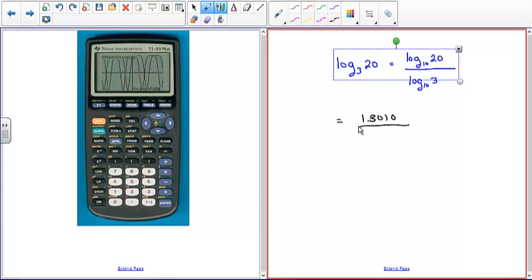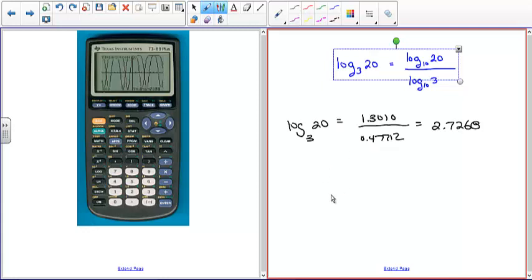And then if you take log of 3, you'll get 0.47712, and if you take 1.3010 divided by 0.47712, you'll get 2.7268. Okay, so that is the log of 20 to the base 3,